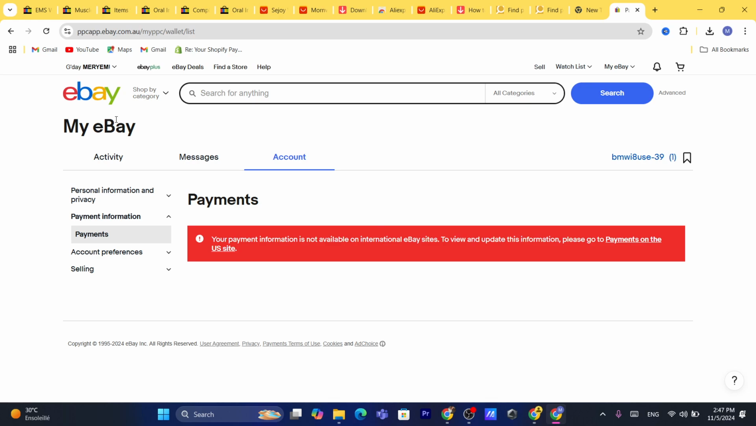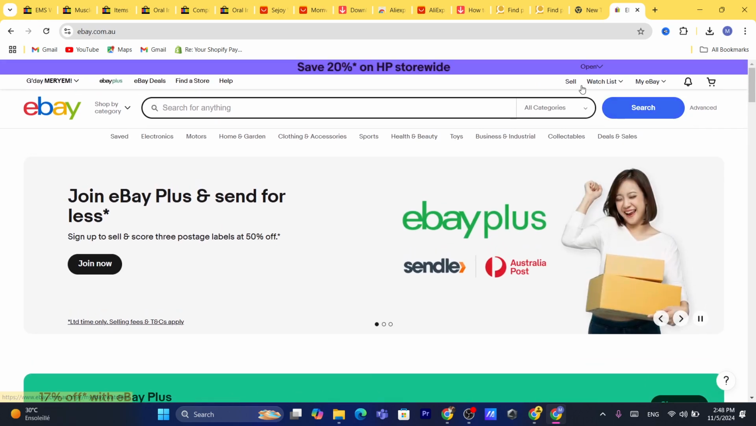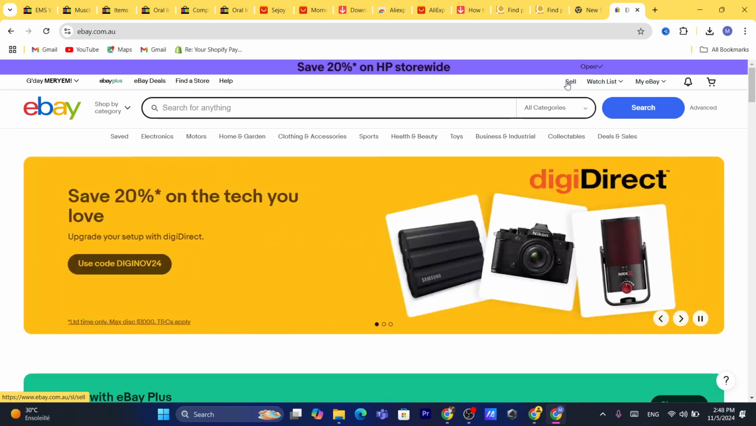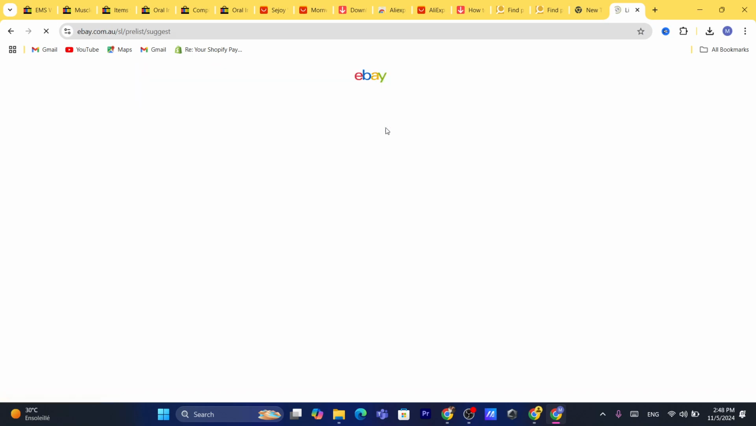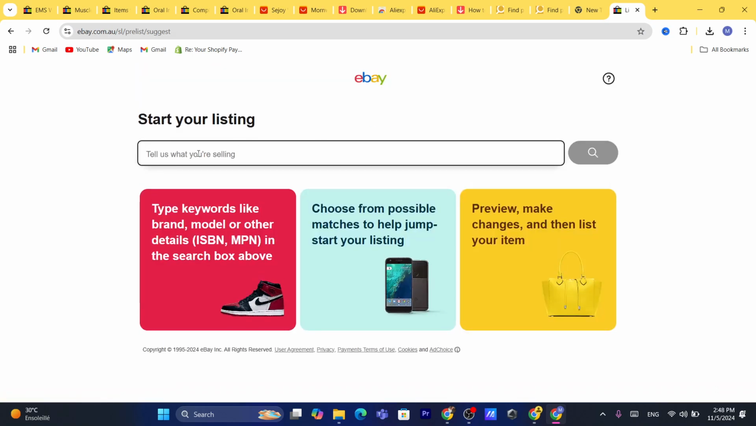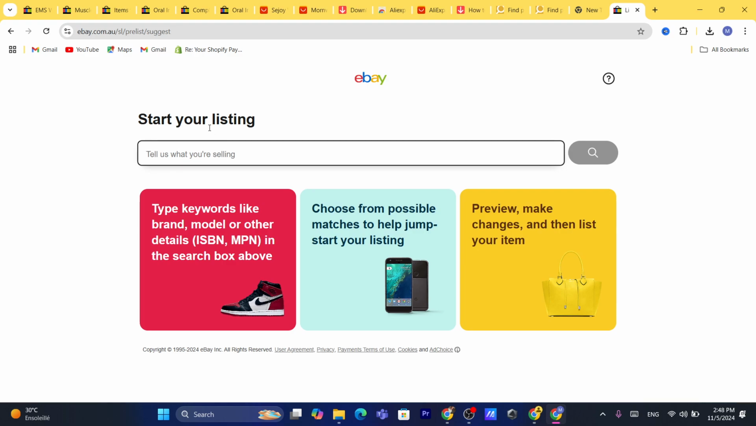Okay, so after you add your payment methods, if you are allowed to do that there, that's good. If you are not allowed, then to add the payment method, you want to click on sell, and you want to just click on list for free, and then you want to just add the title here of the item you are trying to sell. Even if you don't have any item to sell right now, just add a random thing here, so that after